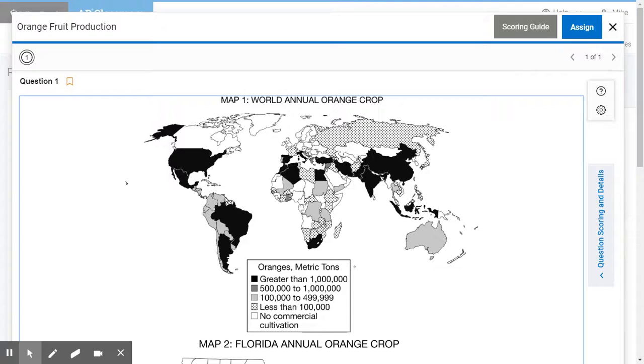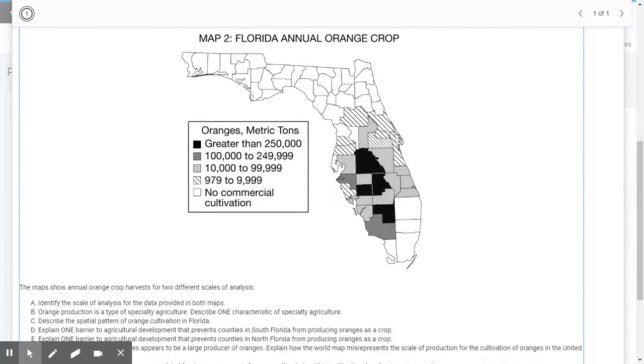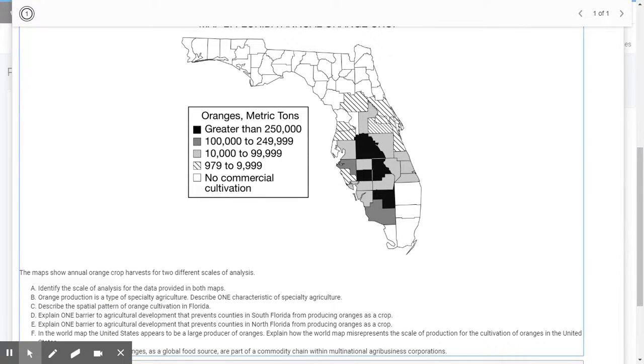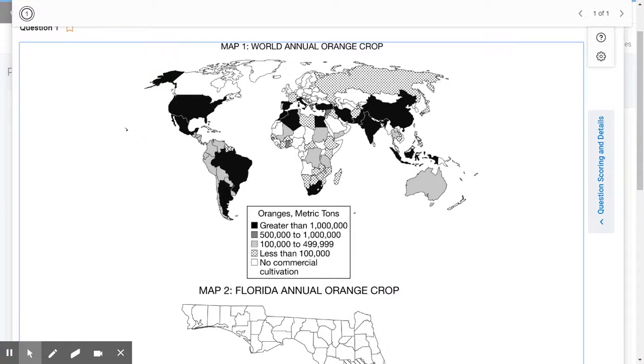Why is the map misleading? That's what it's asking. Well, the map is misleading because just look at Florida. The vast majority of Florida's orange production comes from a handful of counties. The very tip of South Florida and pretty much all the northern counties in Florida don't produce any oranges, or very few. So you could say it's misleading due to the fact that very small areas of the United States produce oranges, yet they produce so many oranges that it makes the United States appear to be a major orange producer. There aren't specific areas of cultivation,